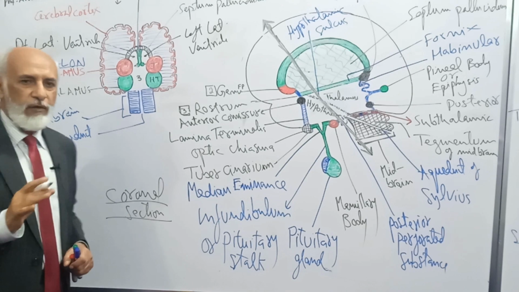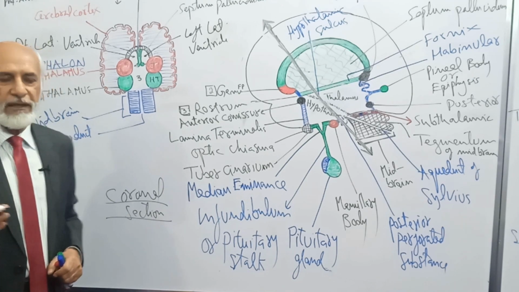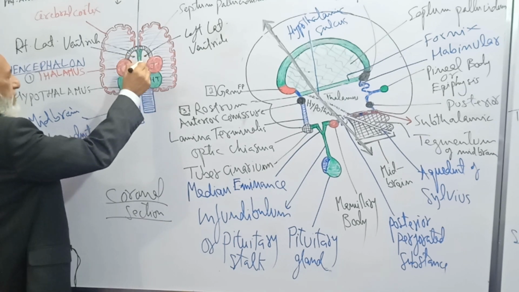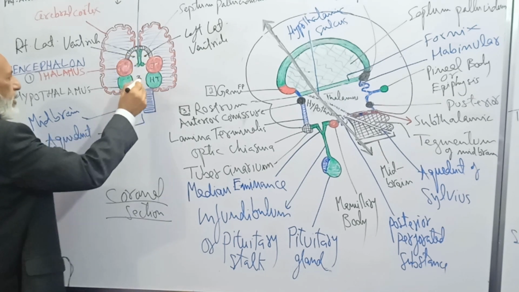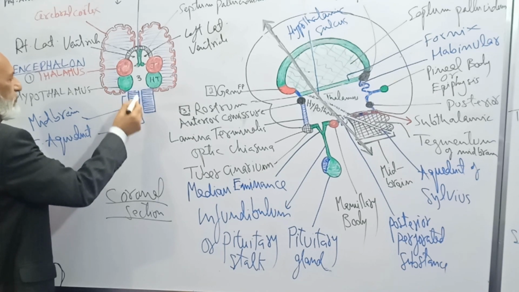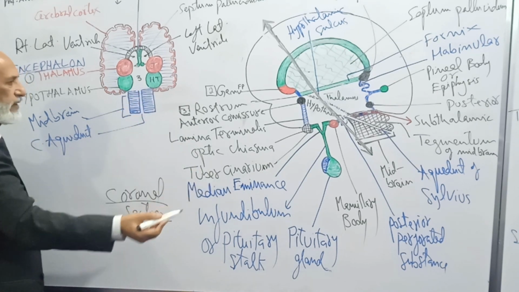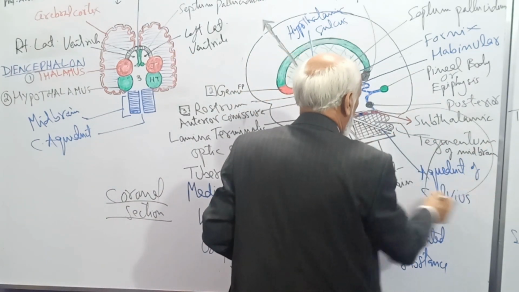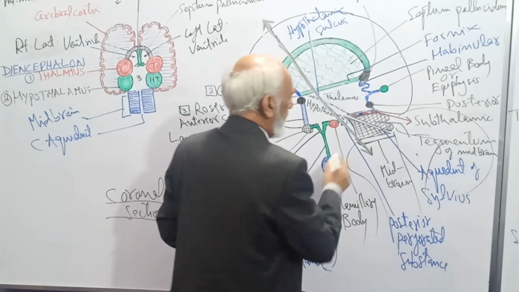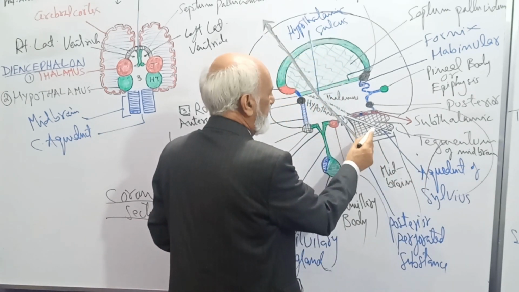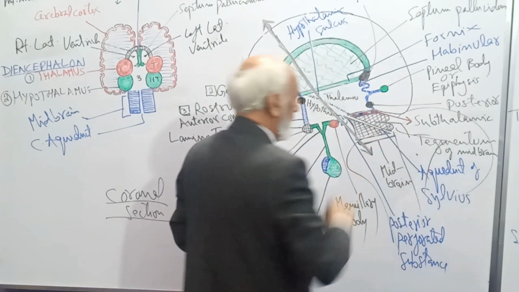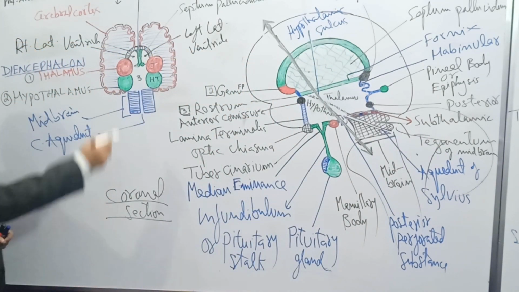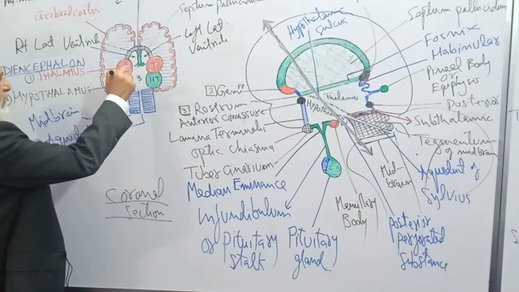So can you see how useful these two diagrams are? They are showing not only the boundaries of the lateral ventricle but also the boundary of the third ventricle. And this is the cerebral aqueduct, which communicates the third ventricle with the fourth ventricle. And where is the fourth ventricle? You know it is here. This is the fourth ventricle. The third ventricle communicates with the fourth ventricle via the cerebral aqueduct. And it is also showing the boundaries of the third ventricle.